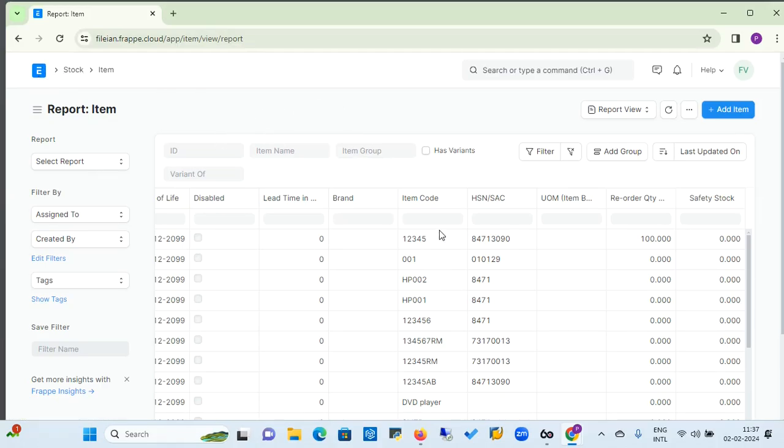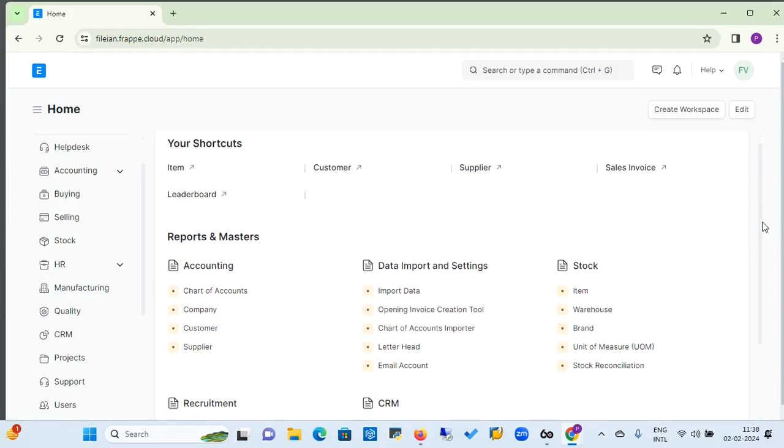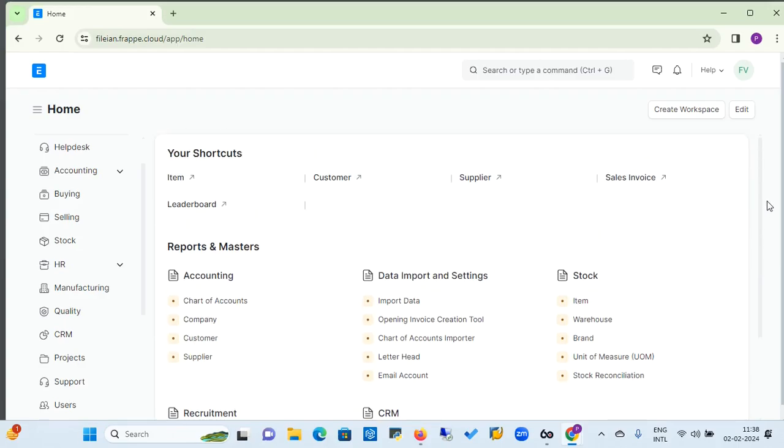So moving ahead to our home module. If you want to go back to the home module, you need to just click on the ERPNext logo or icon from the top of the header part of the page. So I am clicking on this, and then I have landed again on my home doc type, under workspace. So we have seen the item overview, how we can check the item, and now we will see how we can